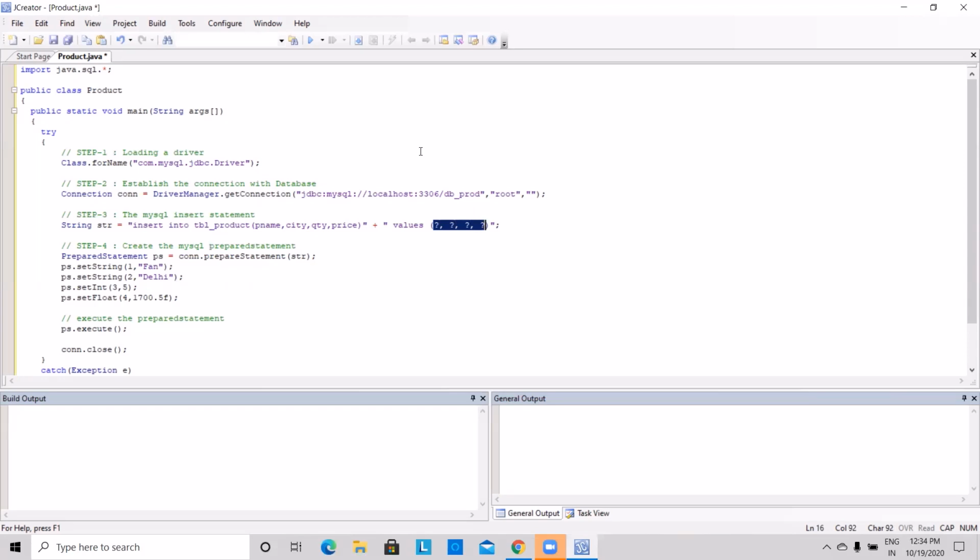Here I want to send 4 parameters at runtime: product name, city, quantity, price. So for such a type of thing where you want to send parameters, a prepared statement is very suitable. Now what is the meaning of prepared? Prepared means pre-compiled. The query is pre-compiled. The pre-compiled query runs very fast because it is already pre-compiled.